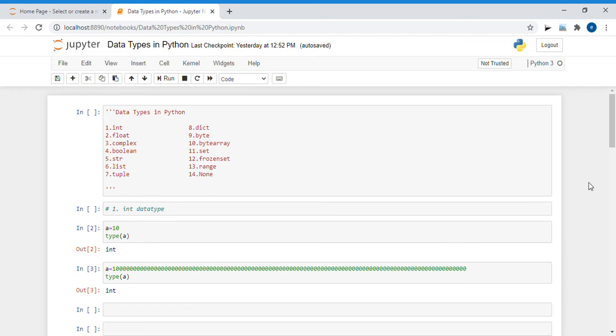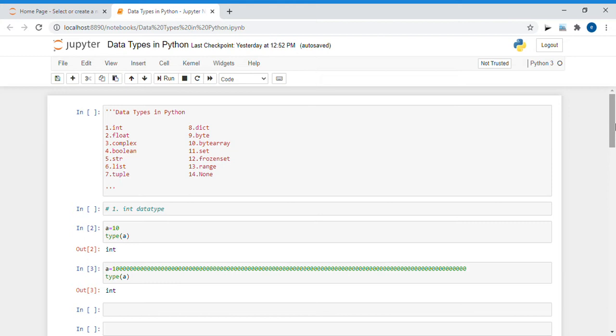So in the last video, we discussed our five fundamental data types, that is integer, float, complex, boolean and string. All these fundamental data types are immutable data types. Now you may think, what is an immutable data type? There are basically two types of data types: one is immutable and another is mutable. Immutable is that data type which does not change its value, meaning it is unchangeable, and mutable can change its value, meaning it is a changeable data type.